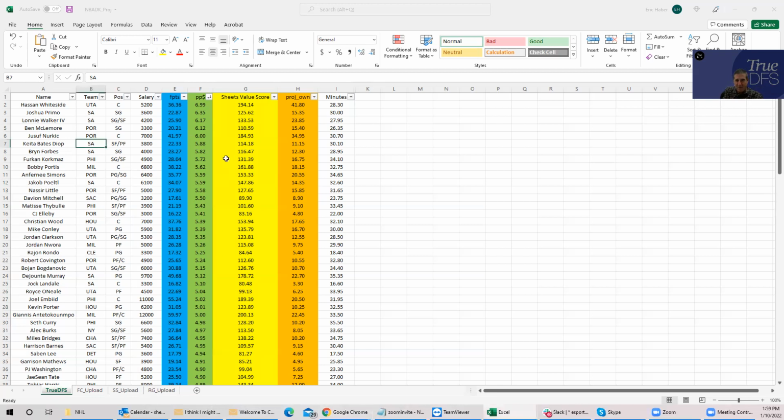So what else do we have as far as the points per dollar plays? You have Furkan Korkmaz, looks to be pretty good, about 5.7x. So you have Bobby Portis, who is a pretty good value play also, but the problem again is that he's that center position. So while you might get to him, he's certainly not going to be a priority over there. And I mentioned Pirtle also, and then there you have another Portland guy, Nassir Little.